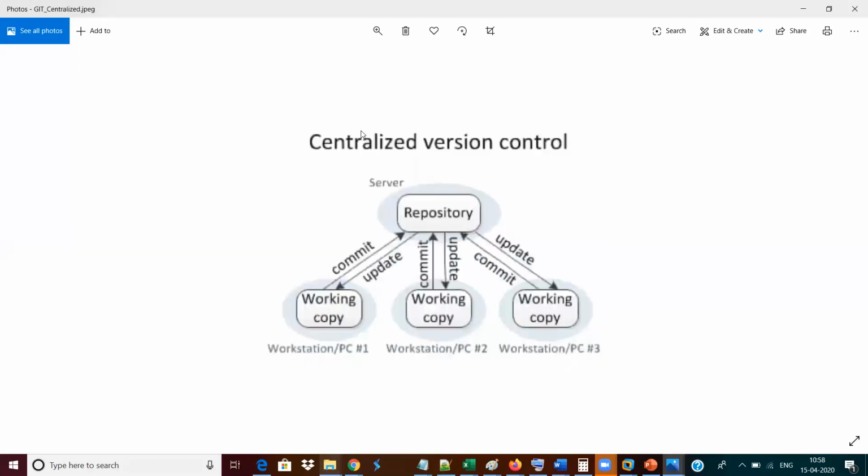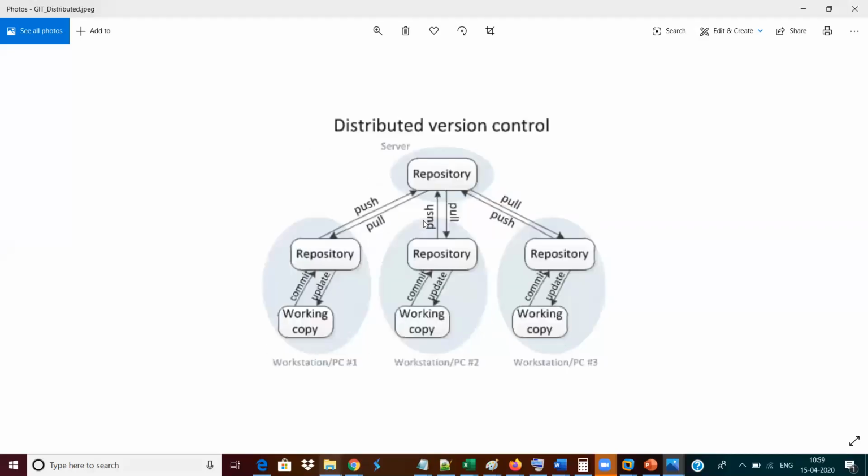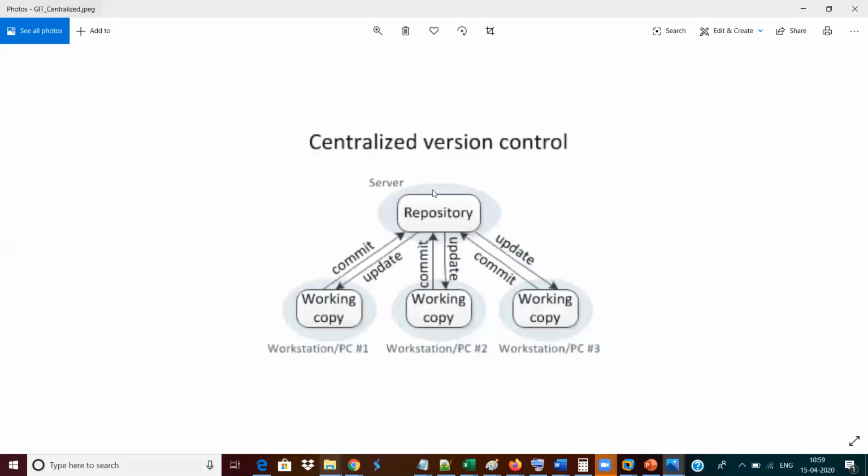That is how your centralized version controlling system is designed. Why? Because it always has a dependency to store the thing remotely every time. But here we are not going to store everything remotely every time. Rather, we will be storing it locally. So at the day end only we are going to push it out. So the latency will be felt only one time, whereas in your centralized version controlling system, the latency will be felt every time. To avoid such a case, we have the better system in place.